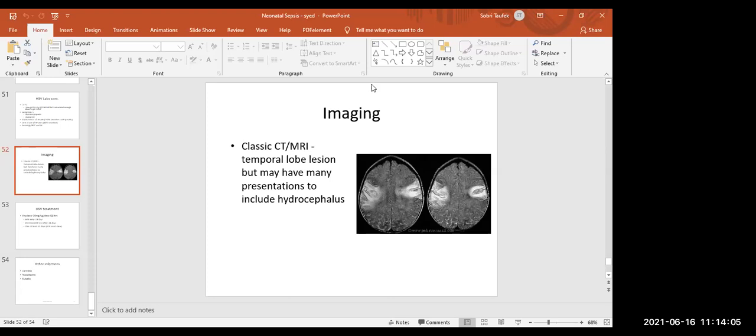Okay, but problem is in our culture nak buat satu LP pun susah. Betul. Nak dapat consent susah kan. So what more nak buat 2-3 kali. So usually what we do, we give empirical antibiotic and wait for the culture. Once we got the culture, we know the organism, then we treat. Tapi kalau culture negative, tapi patient tak respond, then we just escalate antibiotic to the second line, third line, fourth line and so on lah. Okay, doktor. Terima kasih doktor.